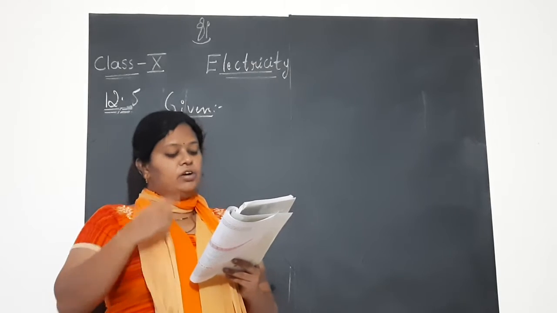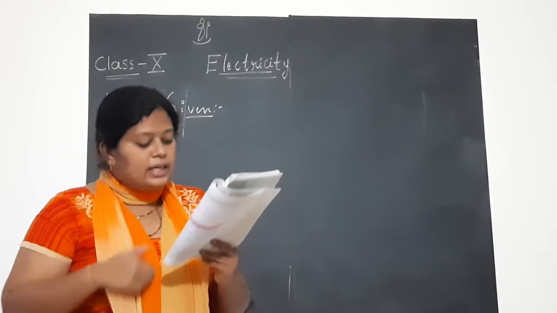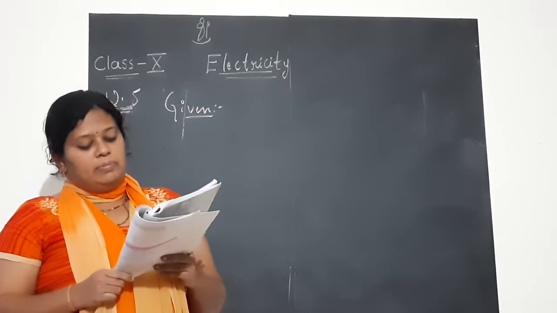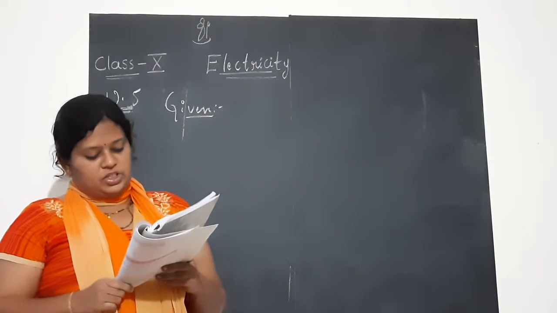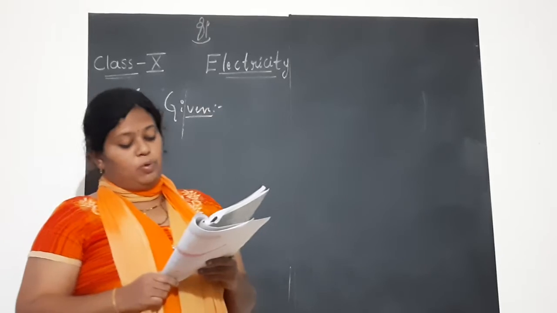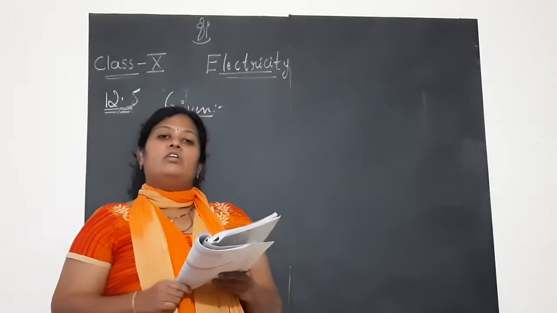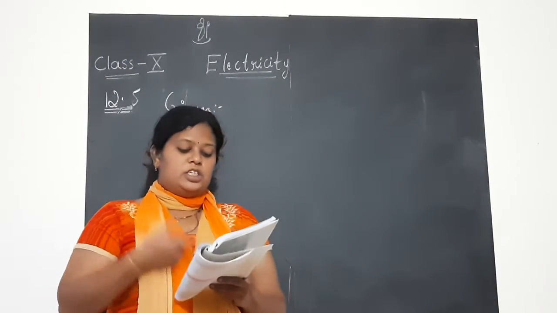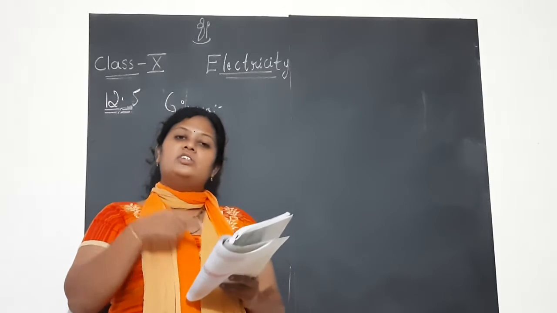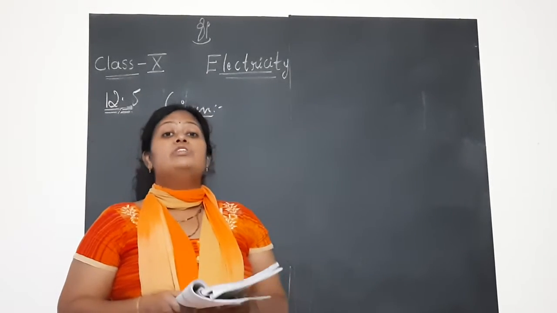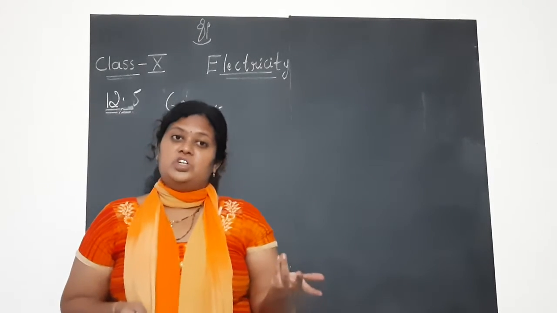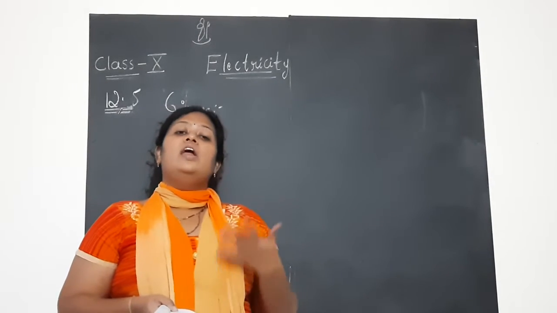If the diameter of the wire is 0.3 millimeter, what will be the resistivity of the metal at the temperature? Using table 12.2, predict the material of the wire. So in this problem, if you have the temperature, length of the wire and all, obviously you should understand which formula you should use. Which do you think, children? It is the formula for the resistivity.